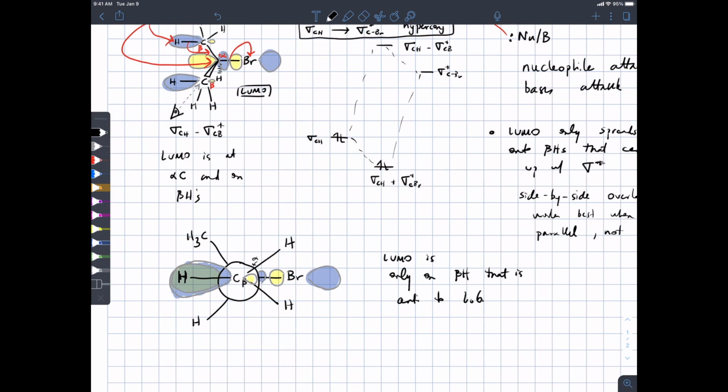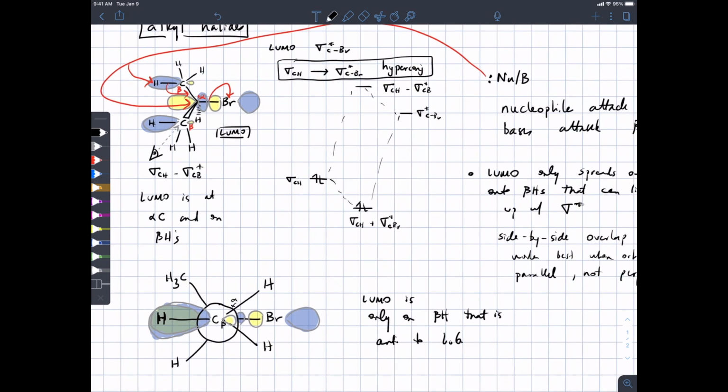Yes? So in this you do them out of phase with each other. Is that how it would be to make it work? Well, that's a good question. I've drawn them out of phase with each other. The reason I did that is because I am drawing the LUMO, which comes from the out of phase or minus combination. If instead we were drawing where these electrons were, they would be in phase with each other. So I'm just drawing the LUMO the way it looks. It turns out whether or not the orbital's the same phase on the beta hydrogen versus the alpha carbon is not going to have any practical implications. So it's not a point to worry about too much. I'm just trying to be realistic. Go ahead.